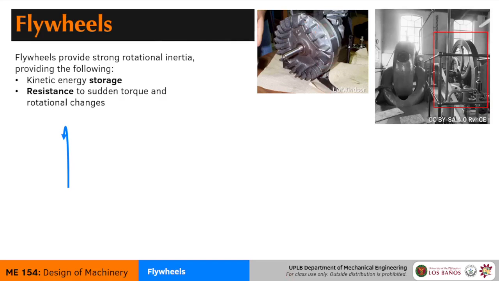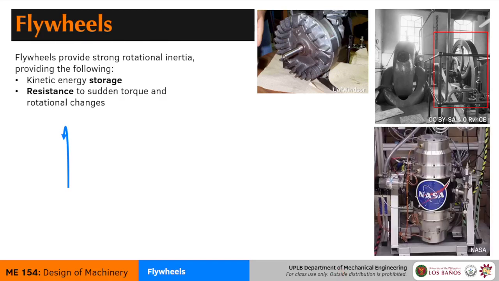So another application here, this one is ginormous. Here is a pump connected to a very big spoked flywheel. These used to be common, especially during the steam engine period, where they relied a lot on reciprocating motion in order to drive rotation. So you needed these big flywheels in order to stabilize the rotation of the shaft.